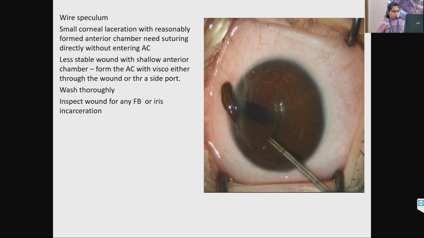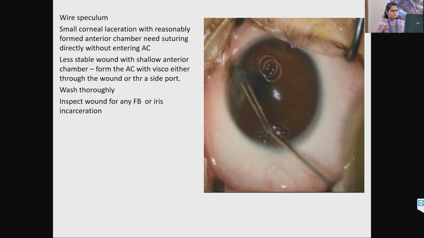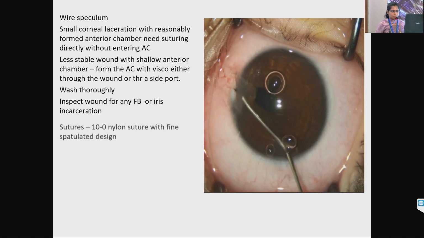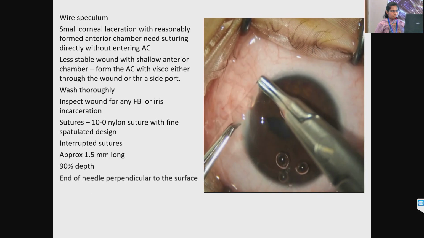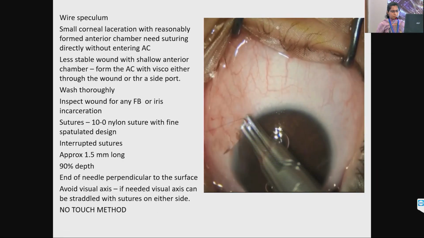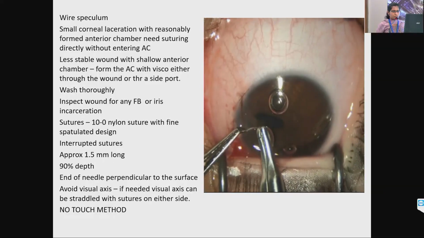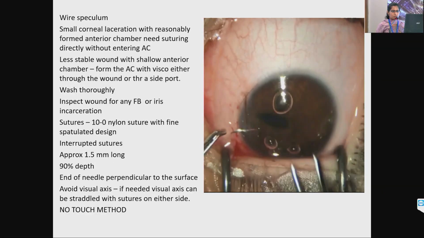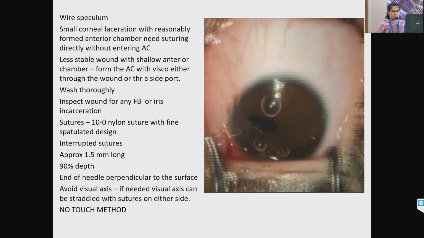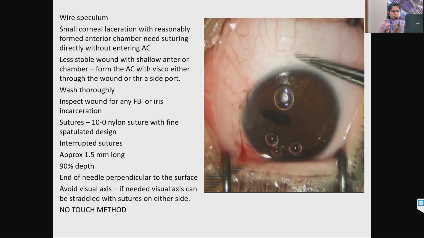If it's a less stable wound, with a shallow anterior chamber, then we have to form the anterior chamber with visco. That is, we have to first place a side port. While placing a side port, I want to emphasize that you don't have to place it at a particular clock hour or anything. The basic thing is that you have to place it where you are comfortable and the instruments reach the corneal